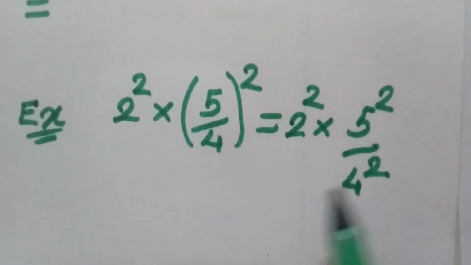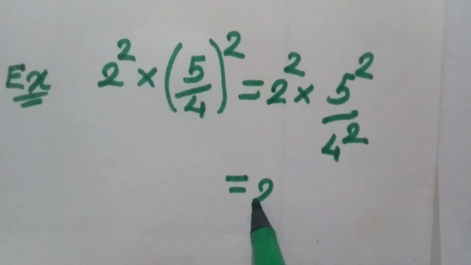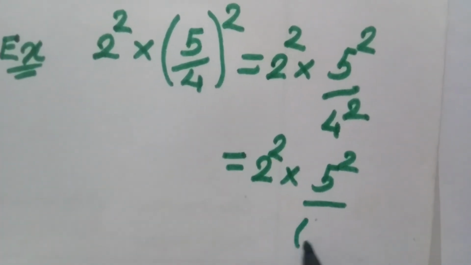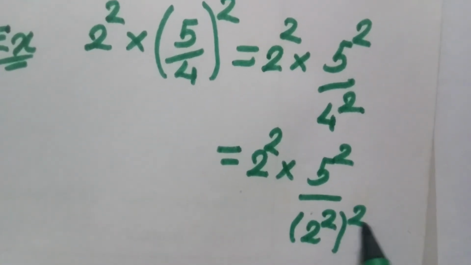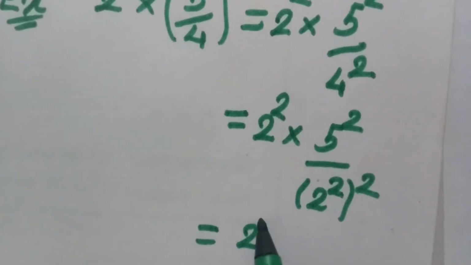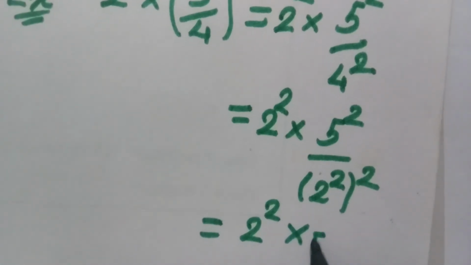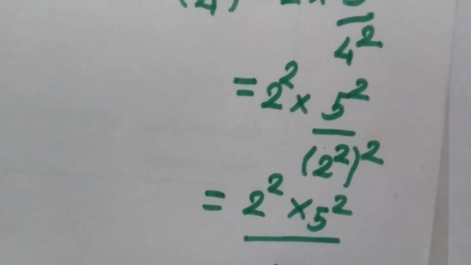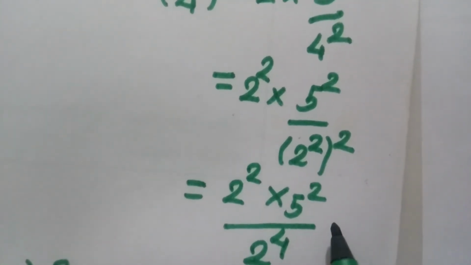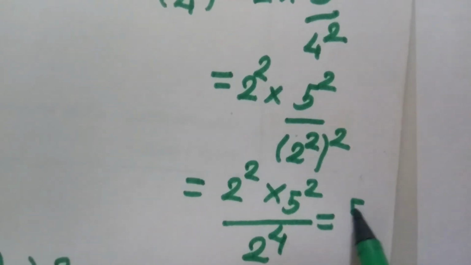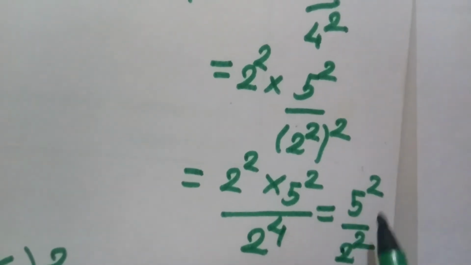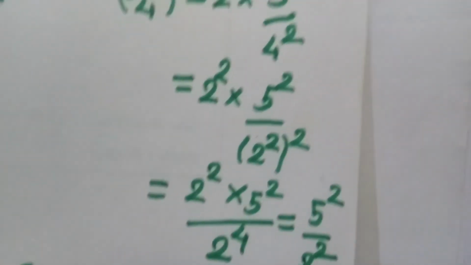And we know that 4 is nothing but 2 square. So I am writing 2 square into 5 square divided by this 2 square, since 4 is nothing but 2 square, so 4 square is 2 raised to the power 4. Now, by the rule of indices, we can take the product of 2. So we get 2 square 5 square divided by 2 raised to the power 4. And now we are using the fourth law of indices. We get here 2 square, and this numerator power I am shifting to the denominator, then it is 4 minus 2, that is 2. So it is our answer.